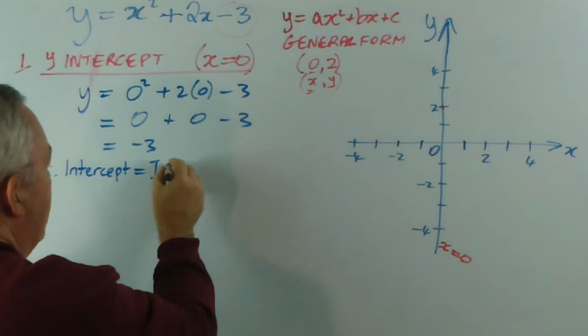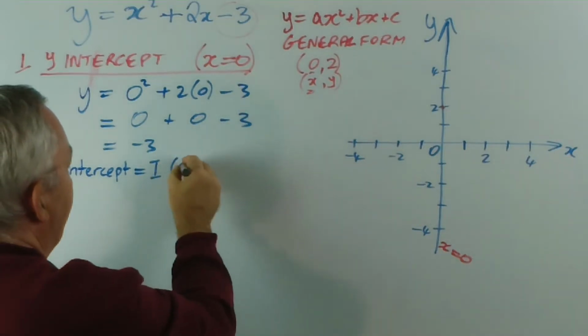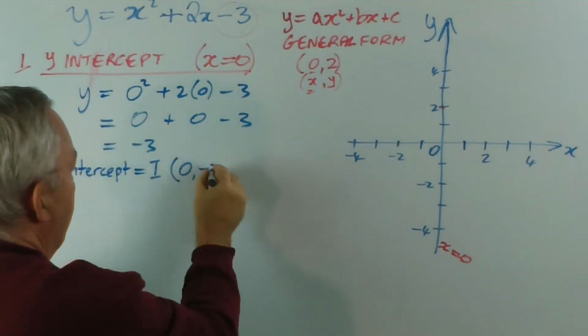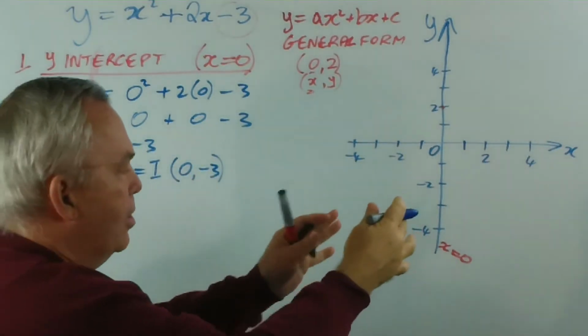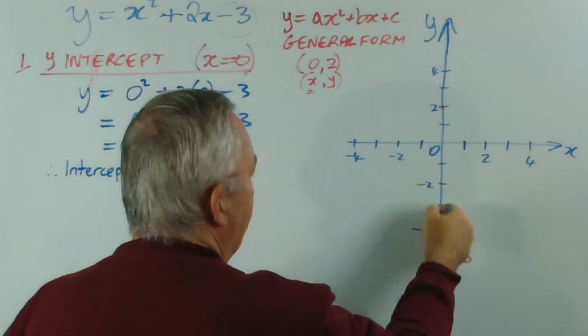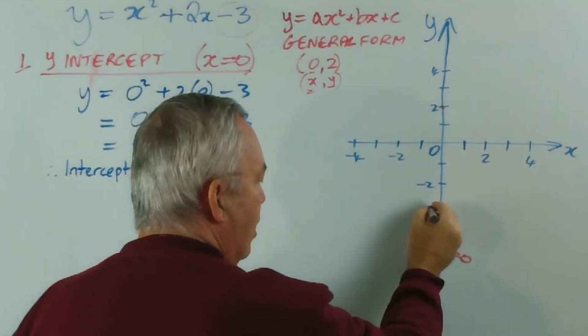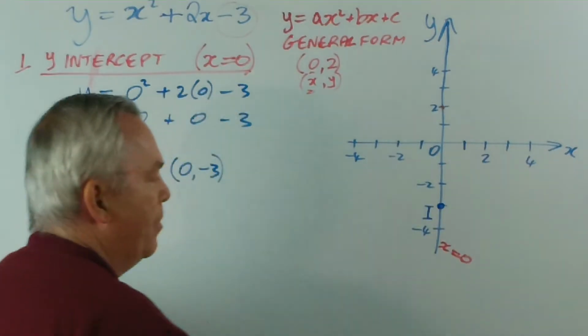I like to call it I, and the x value is 0, we already knew that, and the y value is minus 3. And if I go across to my graph, I go to (0, -3), and I put a blob there, a little mark on it, and I can put a capital I next to it